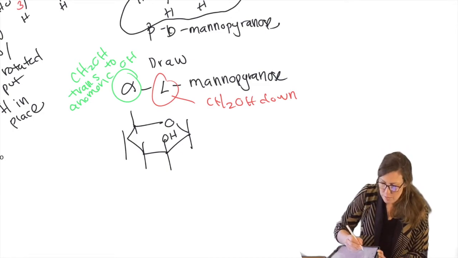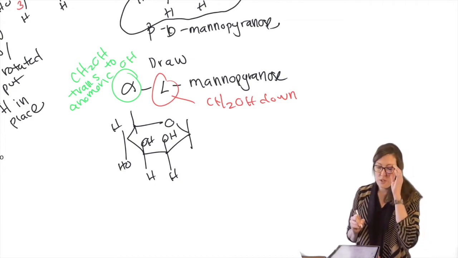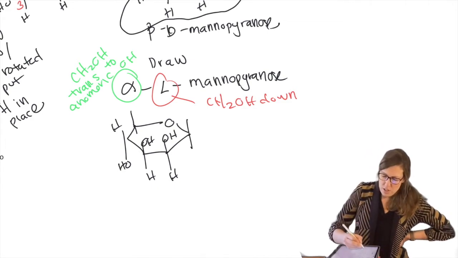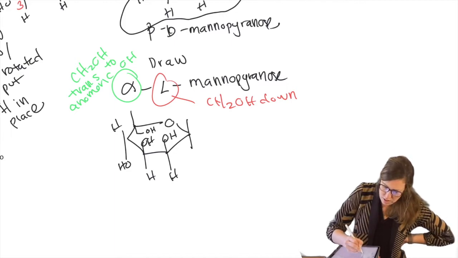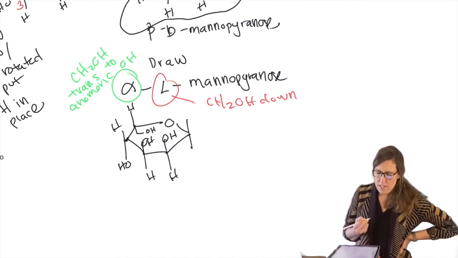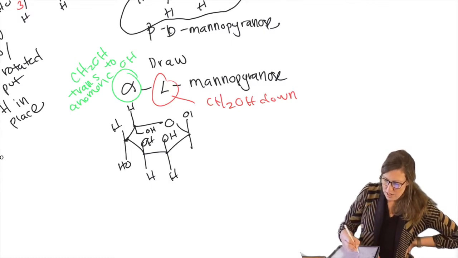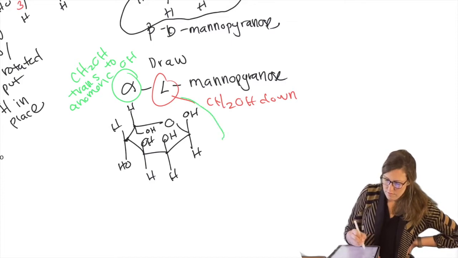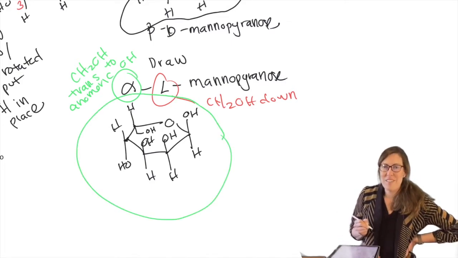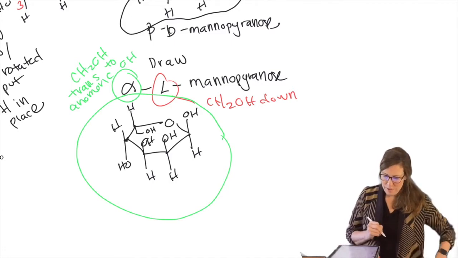So these are not the anomeric or the CH2OH groups, so they have to be like this. It's the rest, those last two that'll be different. L means our CH2OH is down. So there's our L. This needs to touch that bond, or that atom. Alpha means trans. So since the CH2OH is down, we must have the anomeric OH up. And voila. So it's really helpful to establish a point of reference. If you have one, you could draw lots of other isomers from it.